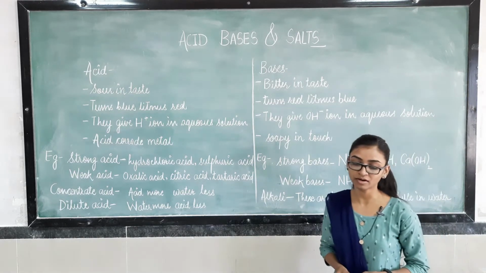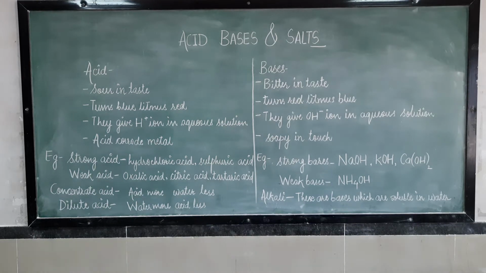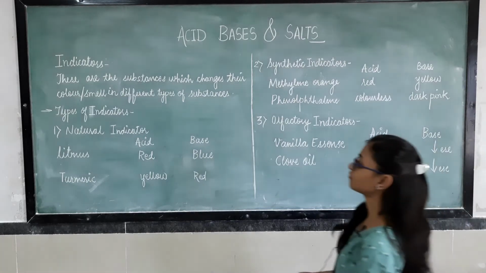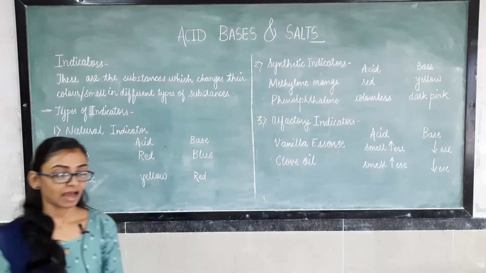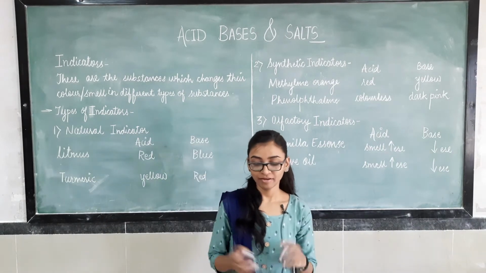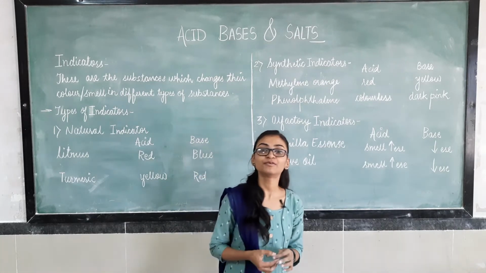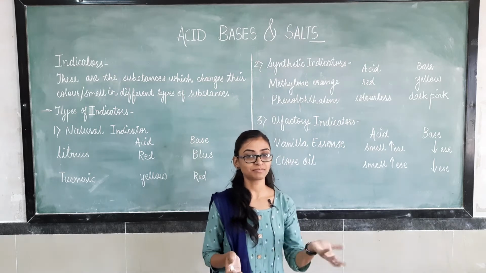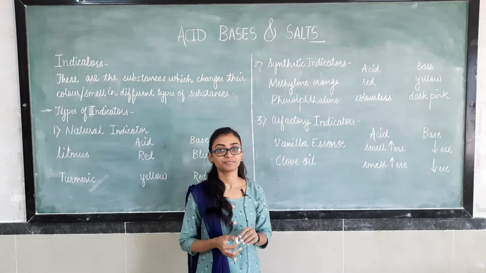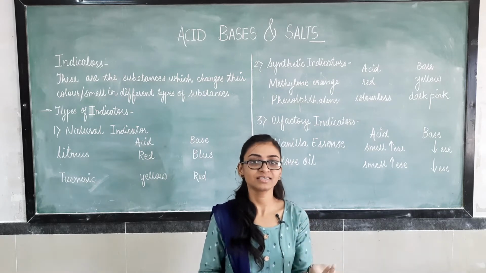Now we are going to learn a few more properties of acids and bases. Now, if we are provided with some substances and we have to identify whether these are acids or bases, what will you do? If we are at home and in the kitchen we have been given some substances and now we have to identify which substance is what, what is the basic process we will do? We will just taste it, right? By tasting we can identify which substance is what.